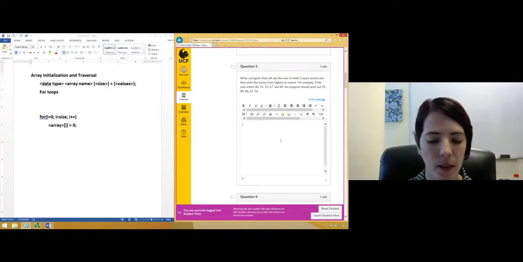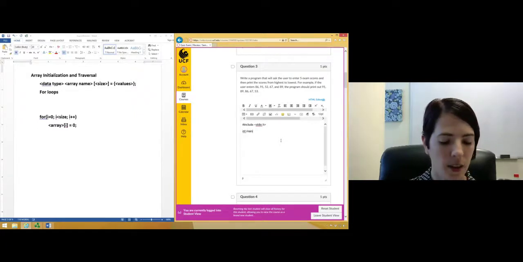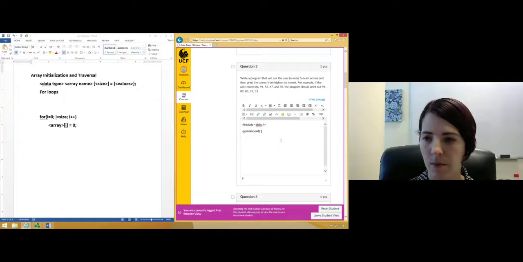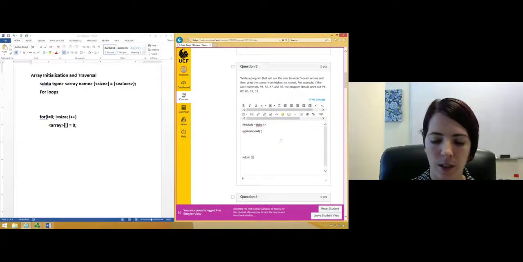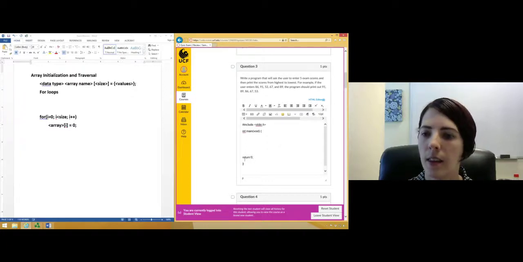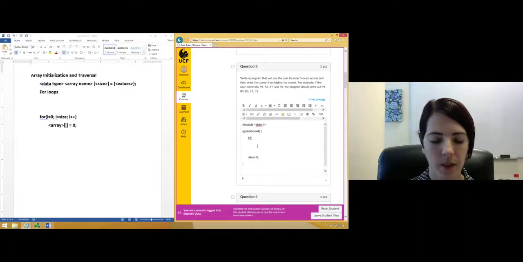In this case, we need to make the full program. So we're going to start with our preprocessor directives. We'll include the standard input and output library, and we'll start the main function, which will have a return statement at the end. We know from the description that we're going to need an array of scores and that there's going to be 5 of them. We'll also need a counter,